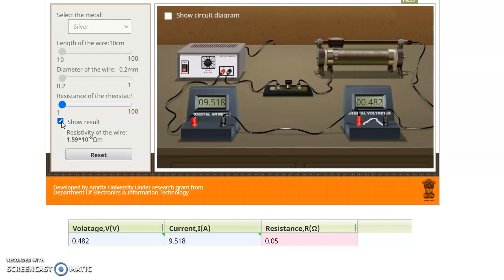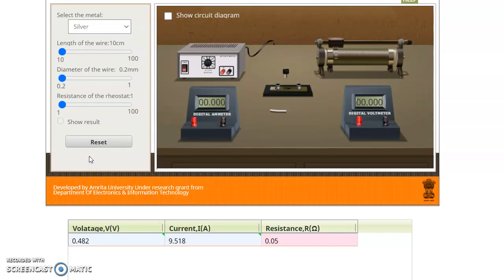Now let us change the material and find out whether there will be any effect on the resistance. I have reset this entire circuit once again, and instead of silver, let us now take nichrome. You should know that nichrome is an alloy of nickel, chromium and manganese, and it is basically used in heating devices. Since it is used in heating devices, its resistivity and resistance value are going to be quite high. That is why it produces the heating effect when electricity passes through it.